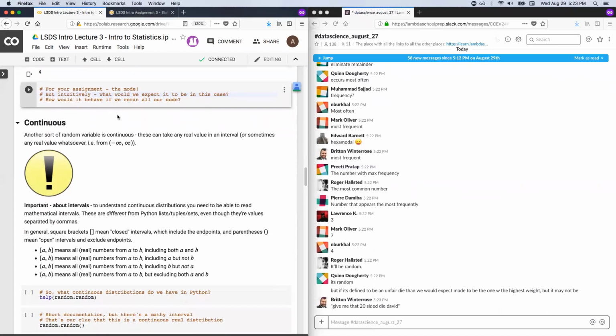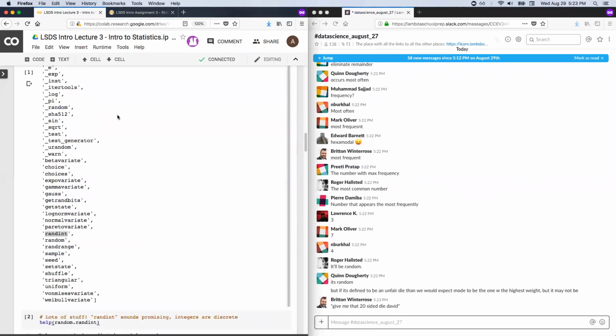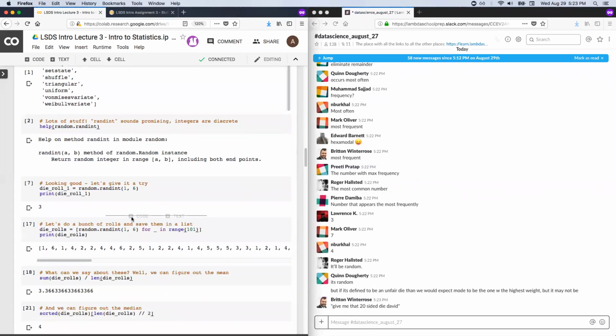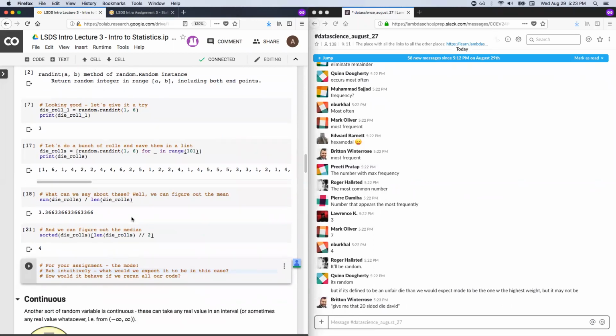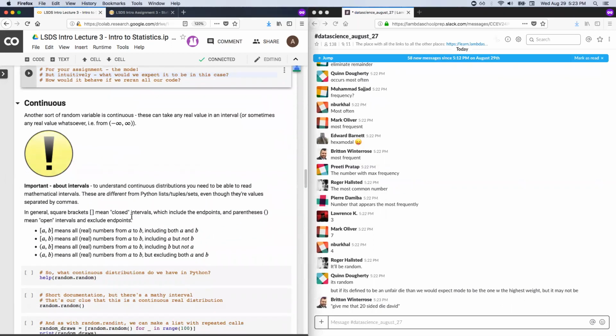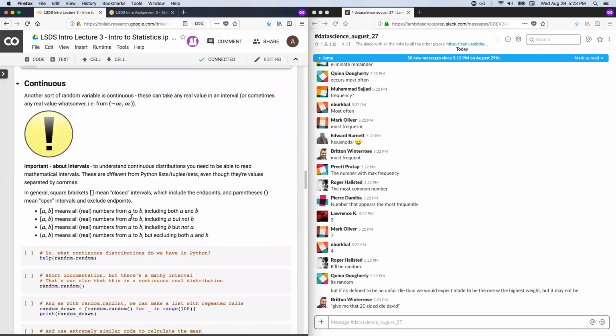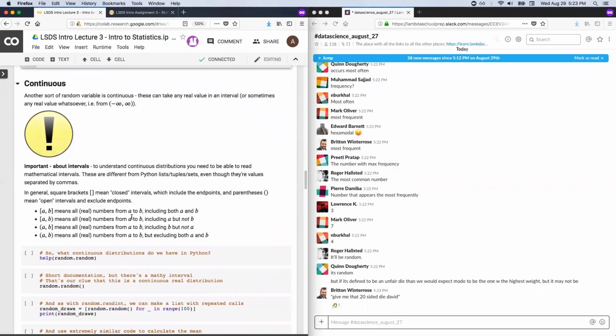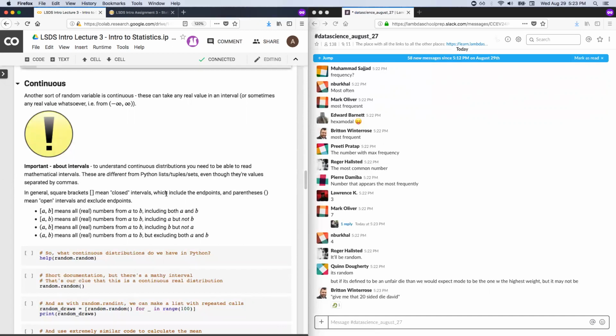All right. Any questions on discrete random variables? They're kind of friendly, intuitive. We've all rolled dice. We know what it's like. We're about to get a little bit more mathematical, though. All right, onwards. Continuous random variables. All right, now things get a little bit more philosophical. We'll see.